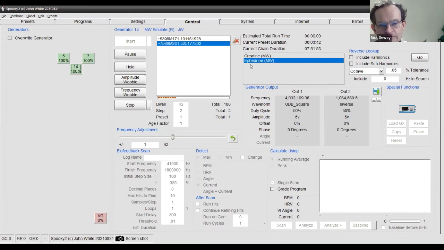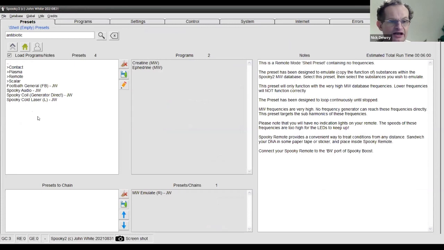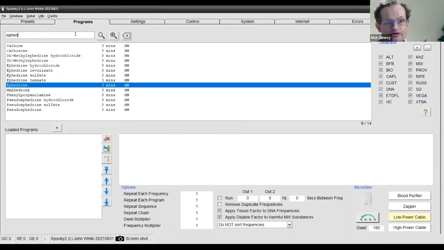Can you put several programs into a shell? Yeah, it's called running a chain. I can create a chain like this, right? Start from the beginning, shell empty, presets, contacts. Let's say I'm going killing, type in programs. In there, I can type in